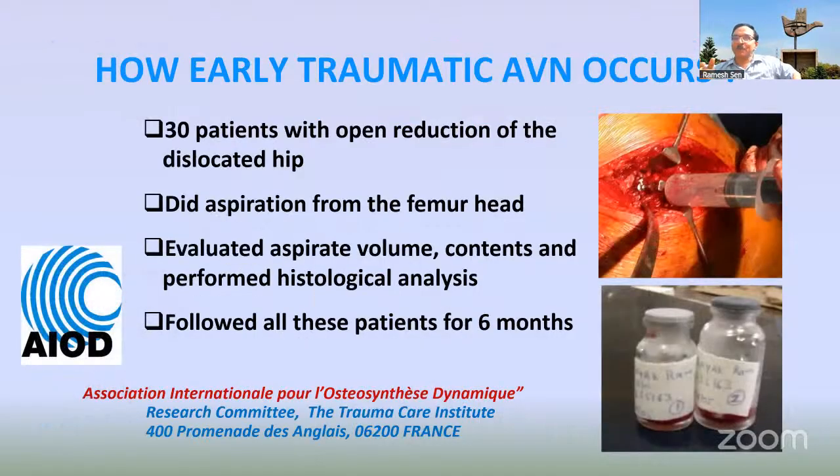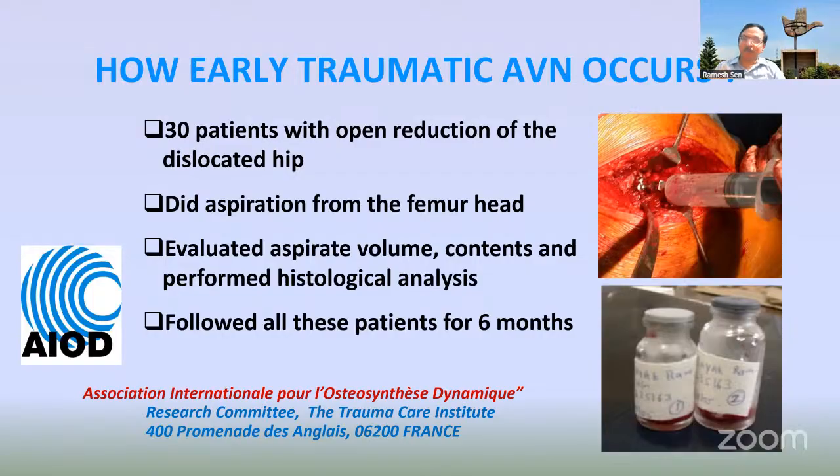How about trauma? For steroid, we never know, but trauma is a very specific thing. We know the hip had dislocated, we know the fracture neck has happened. So we started this study with 30 patients where we were doing open reduction of a dislocated hip. We aspirated the hip while doing the open reduction, because these were all relatively delayed or neglected dislocations, which did not reduce on closed reduction.